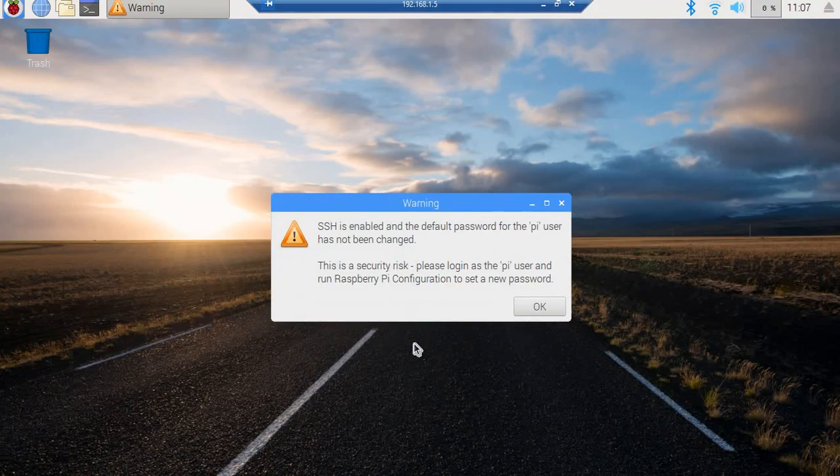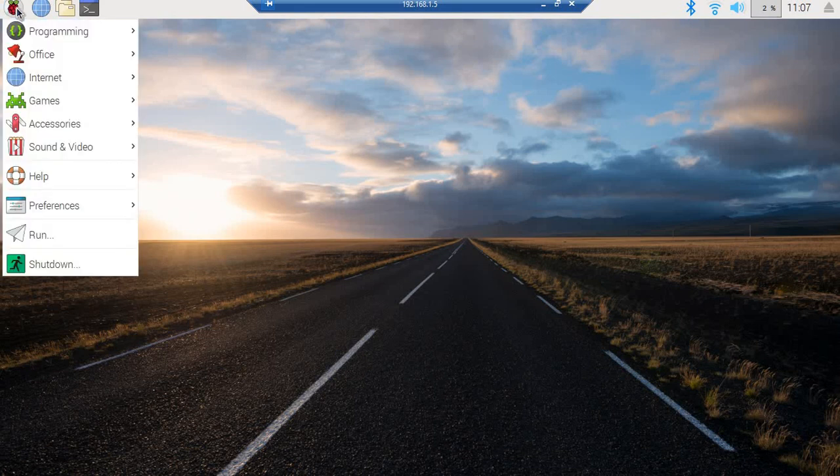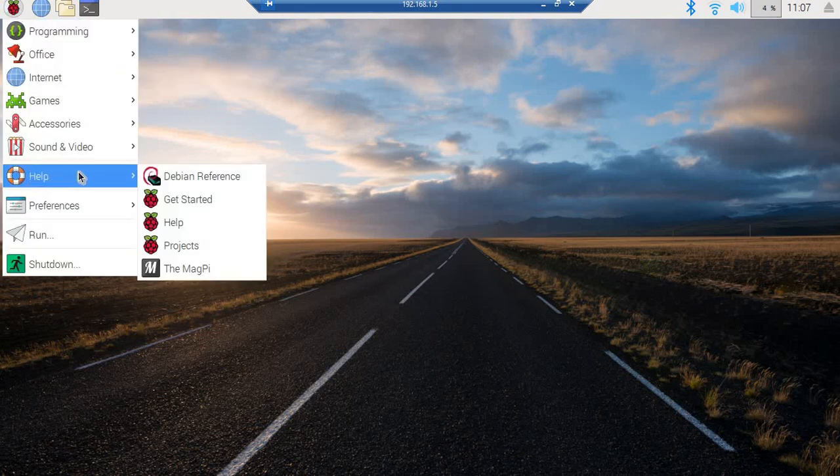You can see my Raspberry is coming and showing the warning of SSH. So I'll say OK. Now my Raspberry desktop is on my laptop, and here I'll go to start and help,